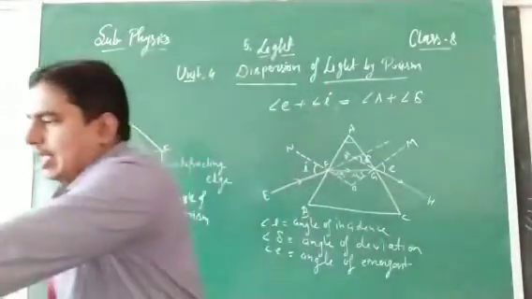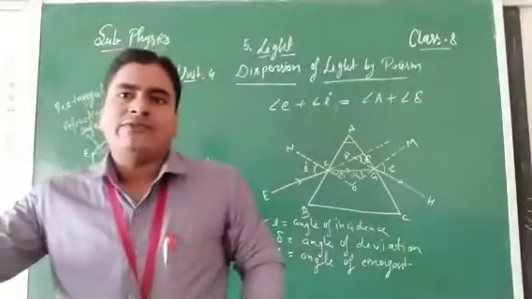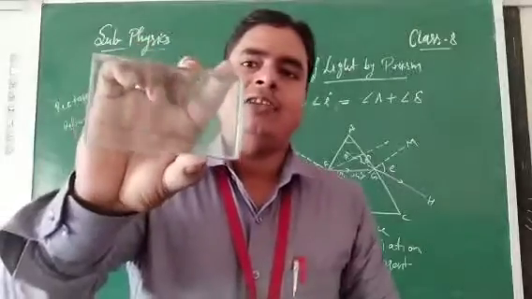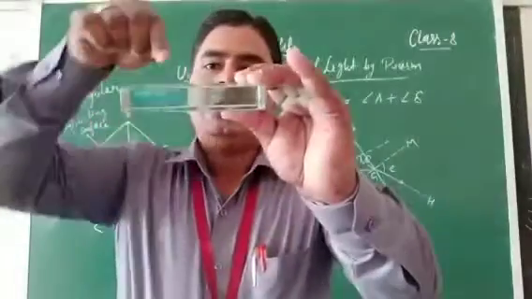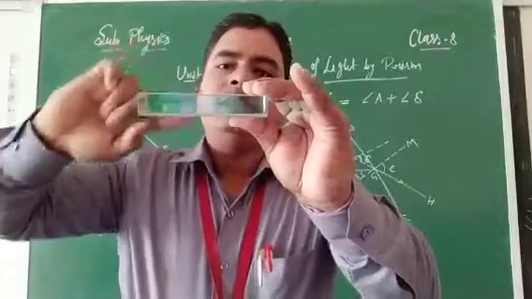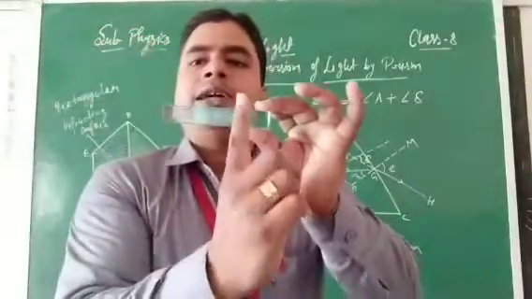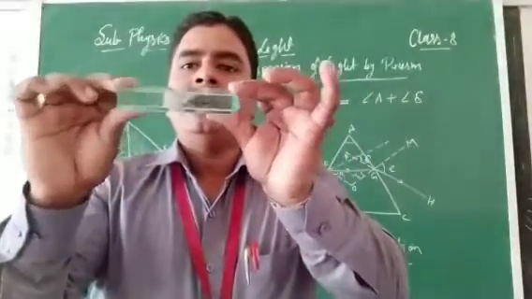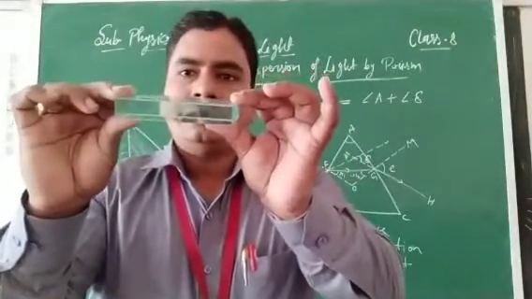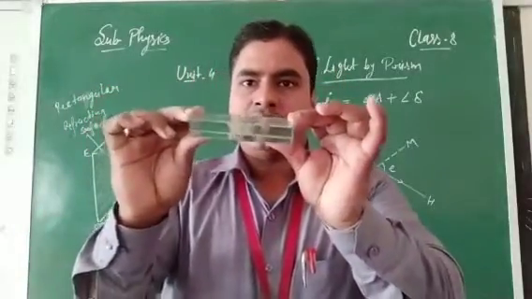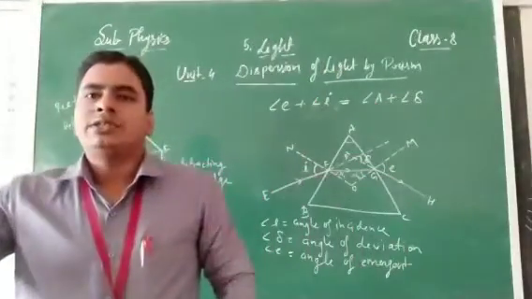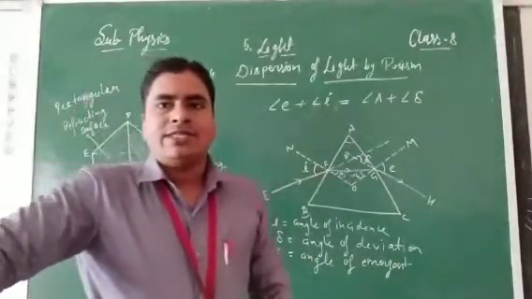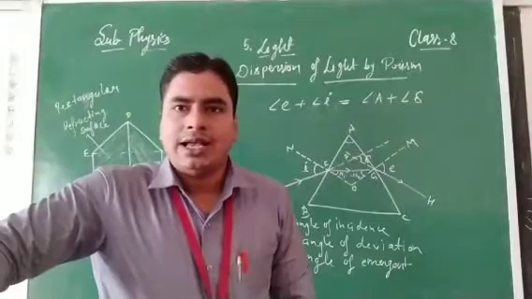Clear? Okay? And in the last class we discussed refraction through a glass slab. So this is the glass slab, a rectangular glass slab. Here the light ray passes from here, means rarer to denser, then again it emerges out from this side. So this is the glass slab where we can show refraction also. Already we have discussed this topic. Clear, students? Now we will see how refraction takes place through the glass prism.